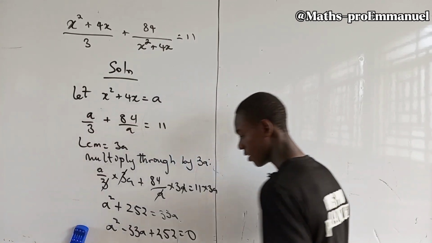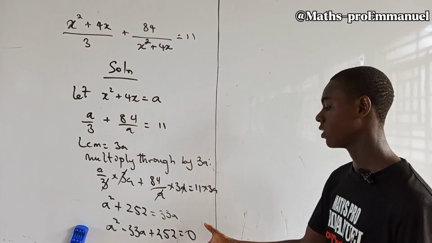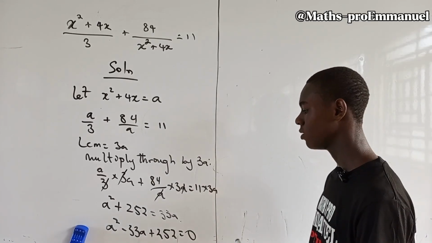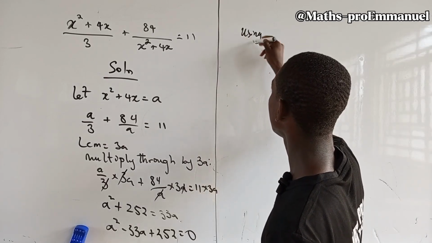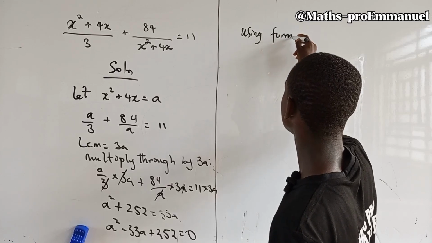So now I've gotten a standard quadratic equation. As you can see here, this is actually a quadratic equation. So I'm going to solve this using any method of solving quadratic equation to get the values of a. So I want to use formula method because I prefer this method. So using the formula method,